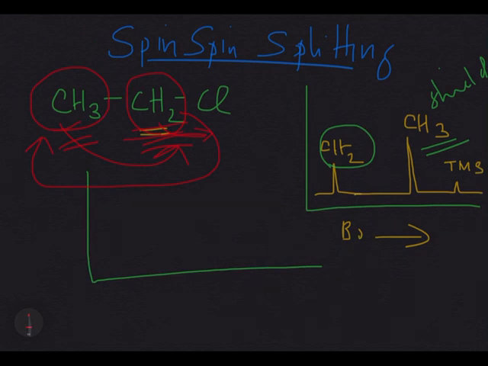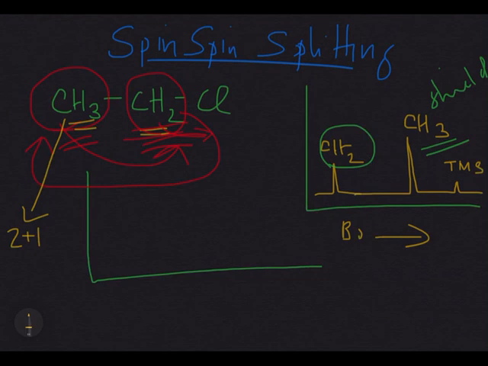The splitting is actually into one more peak than the number of hydrogens on the adjacent carbon atom. For example, the CH3 signal splits into 3. That means adjacent to the CH3 there are two protons, and these two protons cause the CH3 signal to split